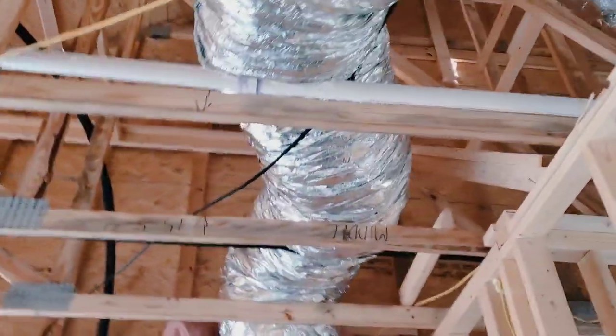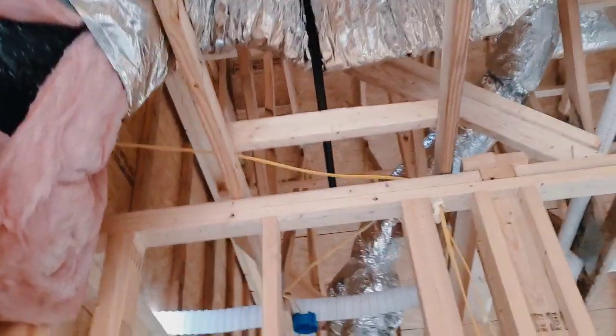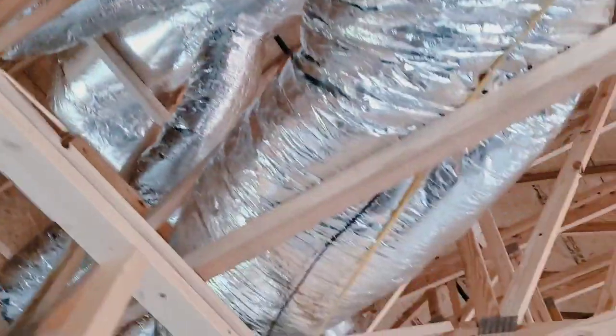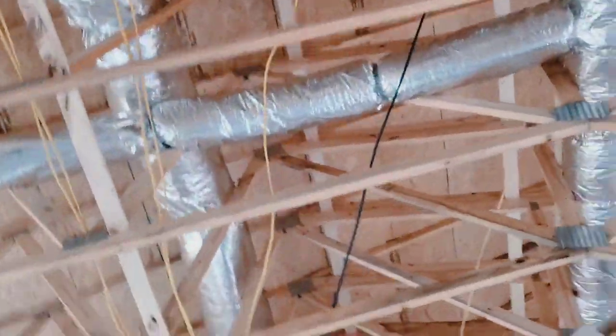And then for this line, I don't know what they're going to do to get to the cooktop, but here's that line. It goes right here, and it goes to there. And I guess either they will go over all these rafters, they'll go up really high so they can get, I know this camera shot is horrible,